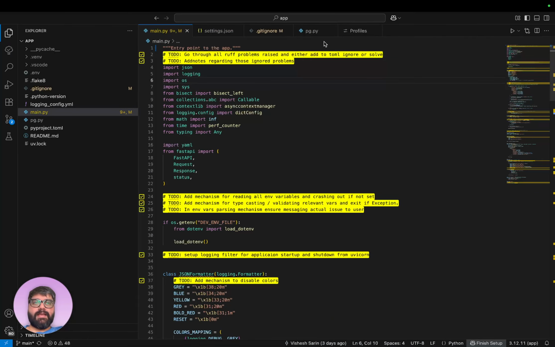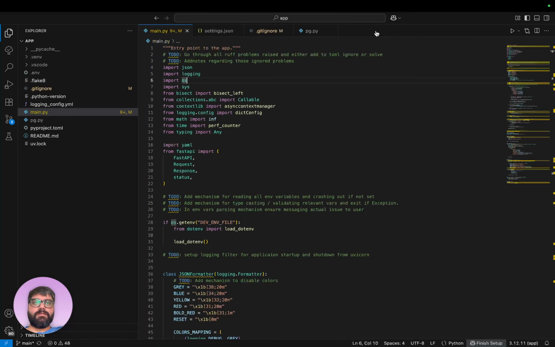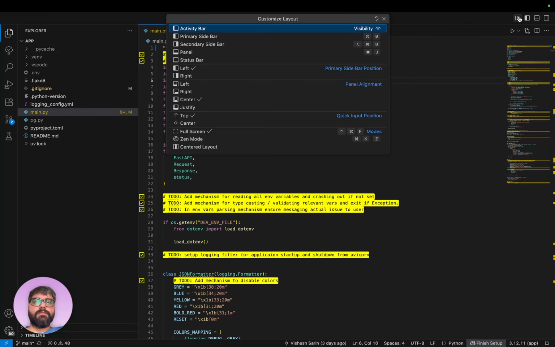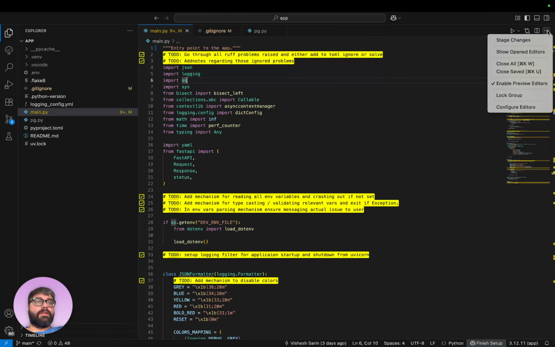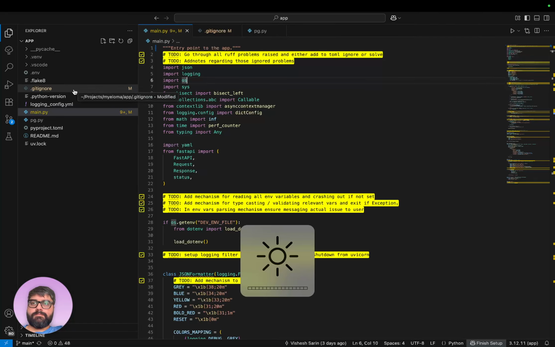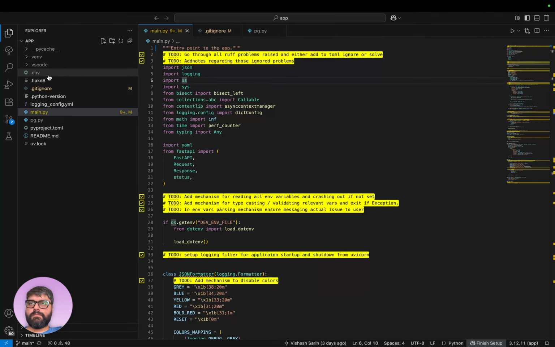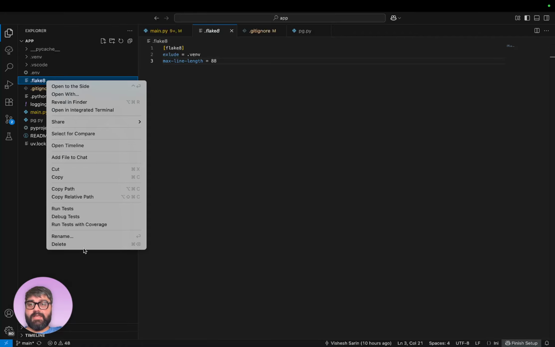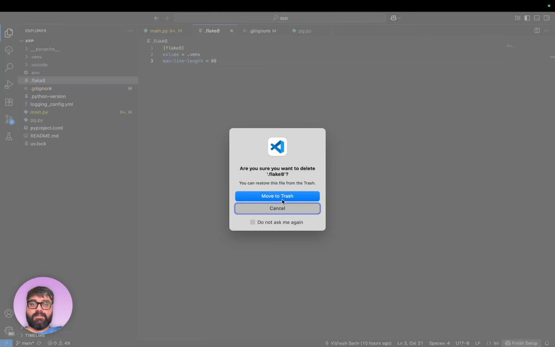Where are my tags? Once again, let me close that and that. And what is this? Oh, okay, it's just all kinds of alignment options that I never noticed before. Oh, well, I'm not gonna add a to-do here. I'm just gonna delete this because I have zero need for flake8 now.